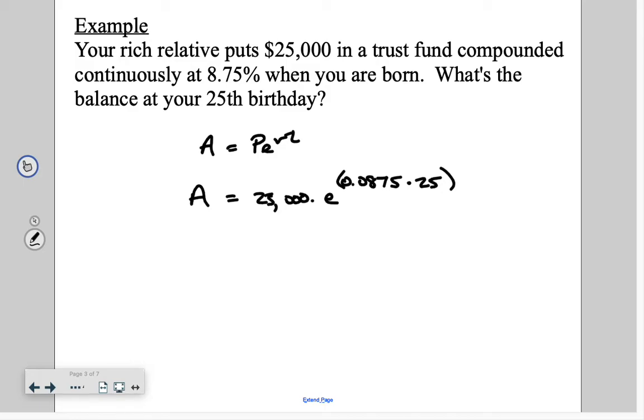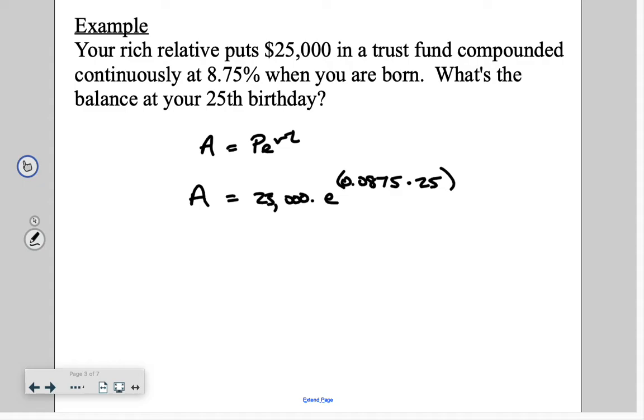I just need to type it into the calculator. So as you go through and do that, let me type this in. 25,000 times, remember e is on the left-hand side. Right next to the number 4, there's the LN button. Right above that in blue is the e to the x. That's the e you're going to use. So you're going to hit second and the LN button. It says e raised to some power, and then just make sure you type this whole thing in as the exponent. So we type in 0.0875 times 25,